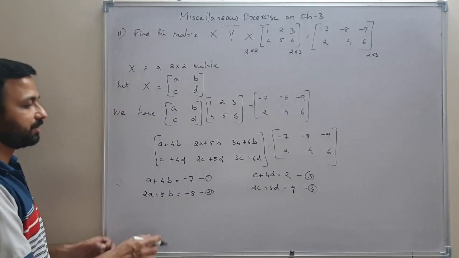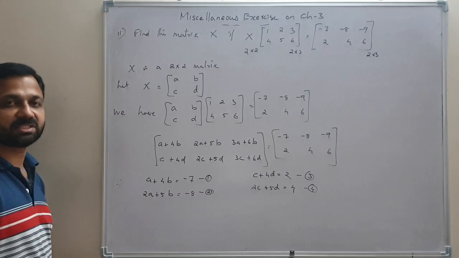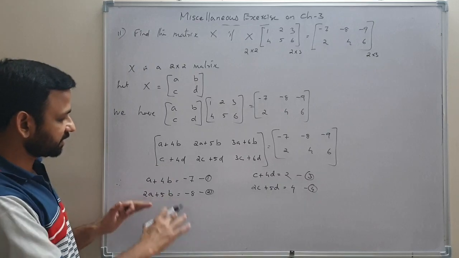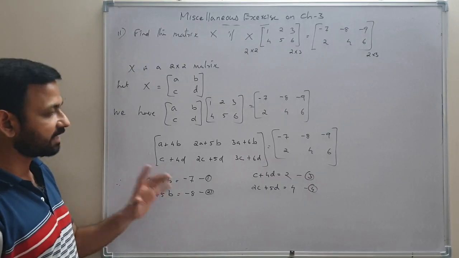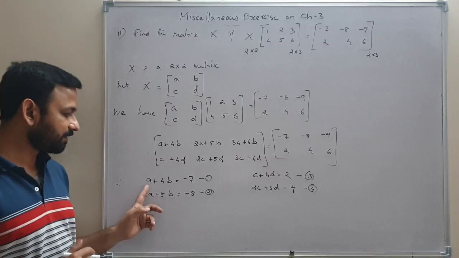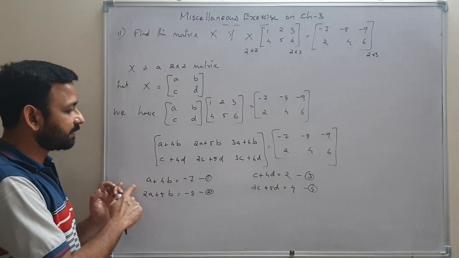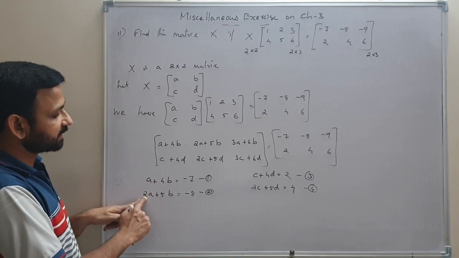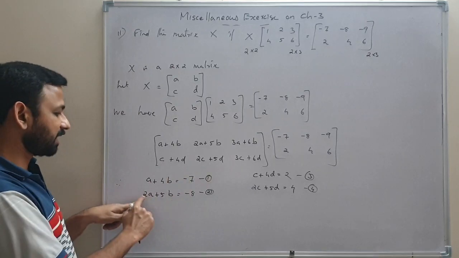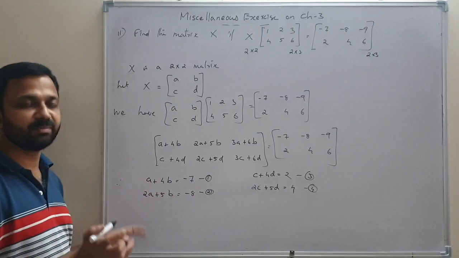So we are going to find the values of A and B from these two equations. We can solve these two equations by the elimination method. In 10th standard, we studied the elimination method. So if we want to eliminate variable A, we have to multiply the first equation by the coefficient of A in the second. The first equation we can multiply by 2. So we will get 2A here, then it will be eliminated.